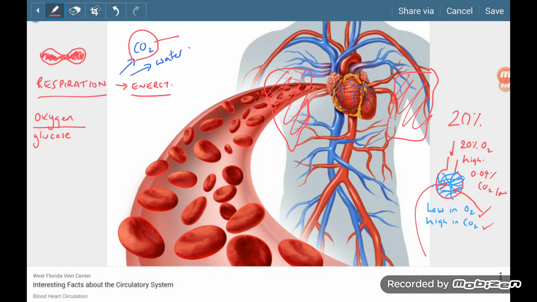And now comes the beautiful elegance of a process you've met before, which is diffusion. Physics dictates that if you have an area of high concentration and an area of low concentration, then particles will move from an area of high concentration to low concentration down a concentration gradient. And therefore, if we were to look at this in a little more detail, if this is the alveoli and we were to draw a capillary going past it,